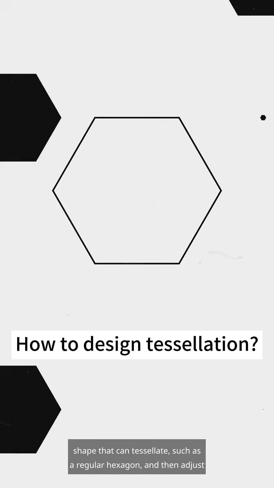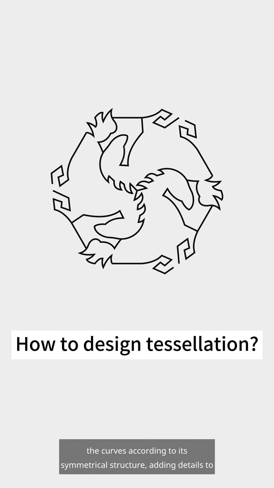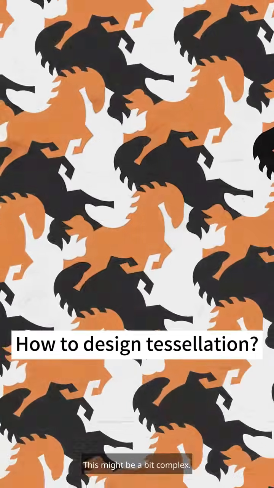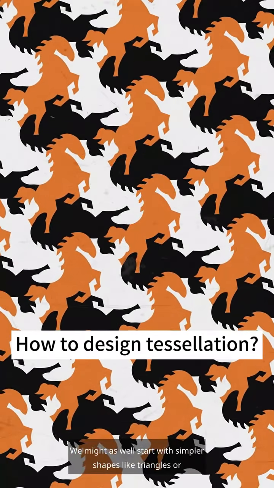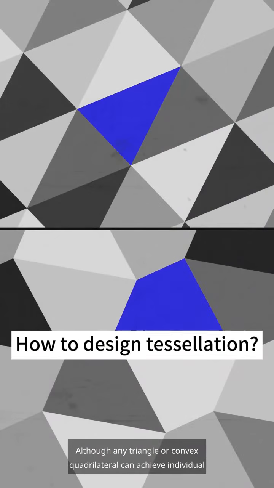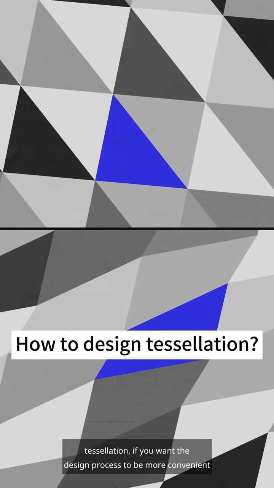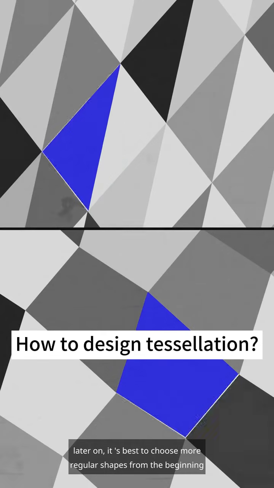tessellate, such as a regular hexagon, and then adjust the curves according to its symmetrical structure, adding details to fill the shape. This might be a bit complex. We might as well start with simpler shapes like triangles or quadrilaterals. Although any triangle or convex quadrilateral can achieve individual tessellation, if you want the design process to be more convenient later on, it's best to choose more regular shapes from